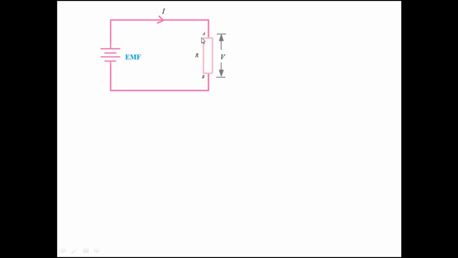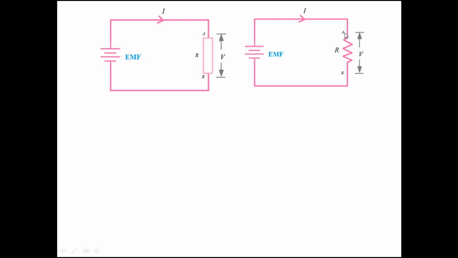So now we are told that this conductor has a resistance R. So we can represent the conductor by the symbol of a resistance, as in this diagram. Okay, so this becomes an electric circuit. And now the conductor having resistance R has a potential difference V, and the current flowing through it is I, driven by the source EMF. So we can have a relation between I, V and R using Ohm's law.